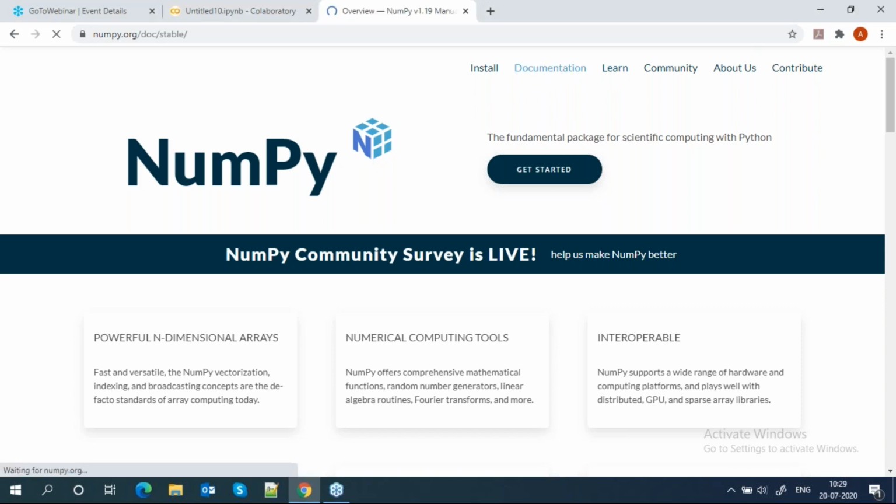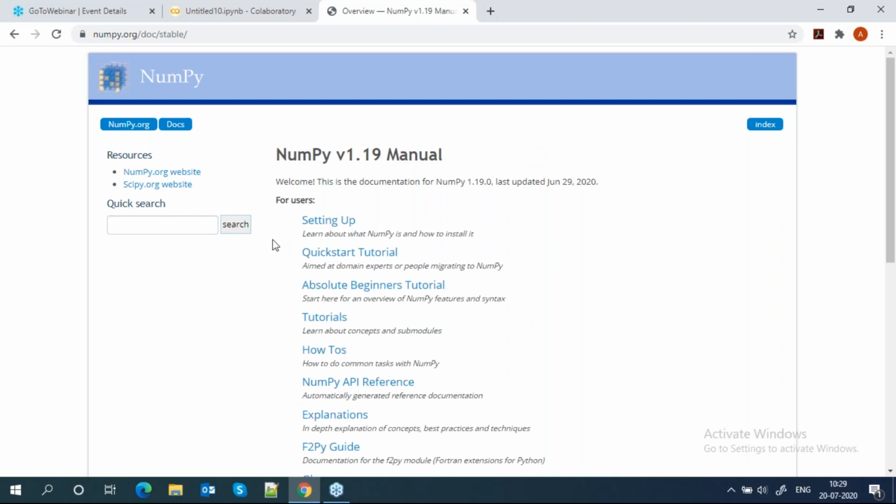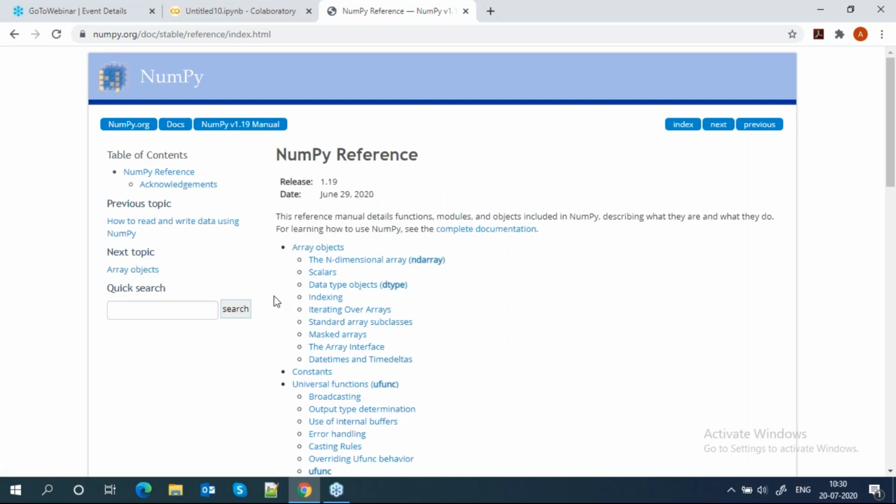Do I have to download these libraries, or are they automatically connected? No, you need to first import this library. When I'm doing the programming, definitely you need to install this library. Do I need to install all of them? Yes, exactly. Every time you need to install, and whenever you write, you need to import this.